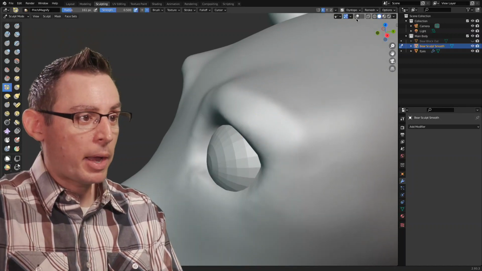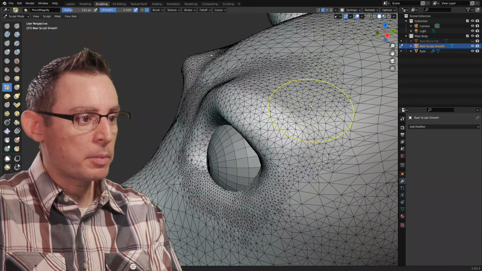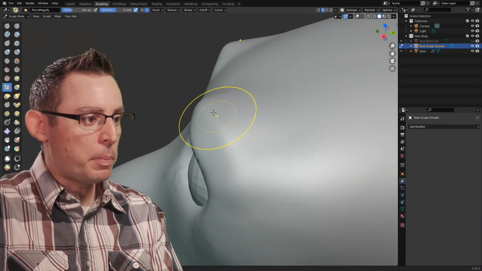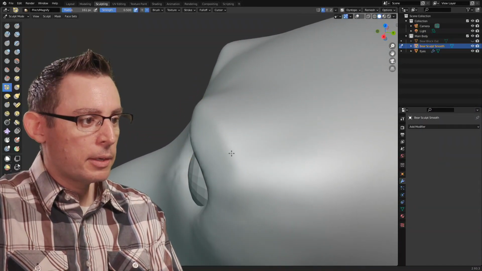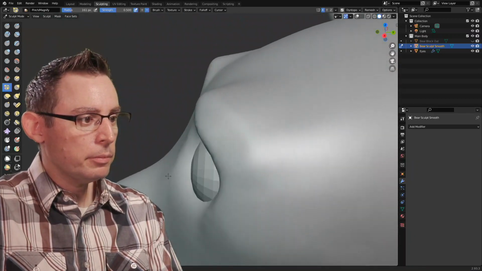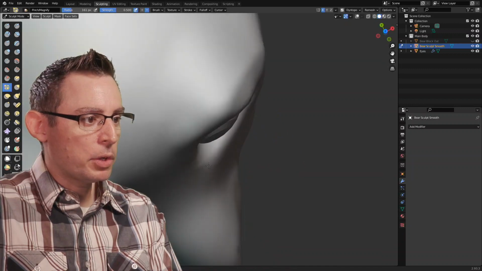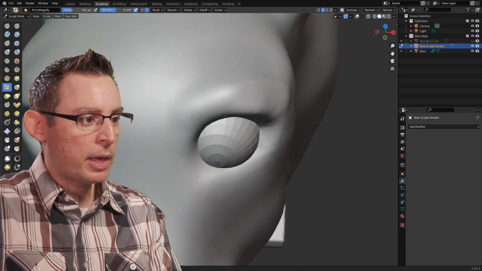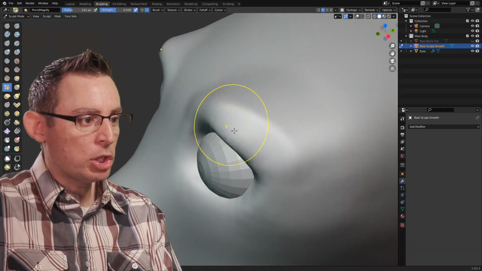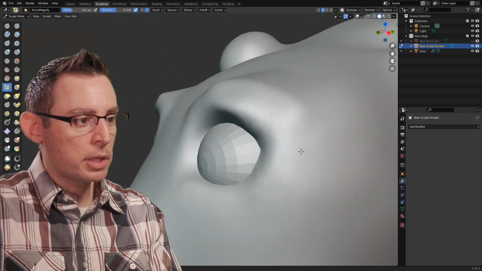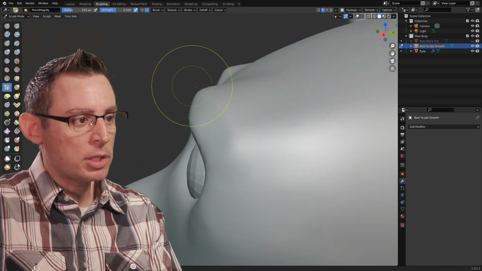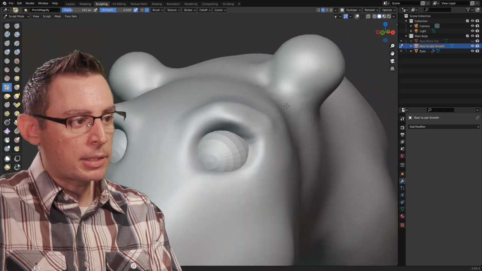And this is really the power of the Dyntopo system. If we turn our wireframes back on, we're getting a lot more geometry in here, and that's really benefiting the sculpting process. There we go. It's looking good. I'm okay with this. This is starting to look good. If you look carefully here, I now have three planes that define the eyebrow itself. There's one right here, and then we have another one that slopes back towards the ear. And then we have another one that slopes in and transitions those planes into the head itself.